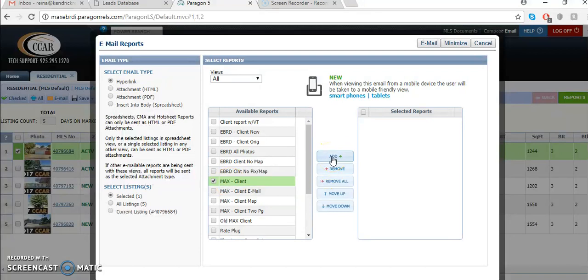You can also play around. When I give you access to Paragon to play around with it and practice, you can choose any of these options and send it to yourself so you can see how it looks once it's sent to the client. But by default, we select max-client, click on the add button, click email,